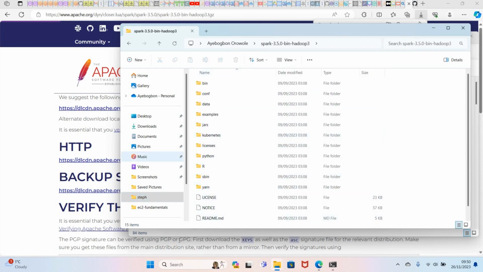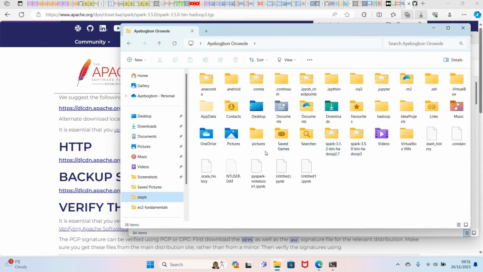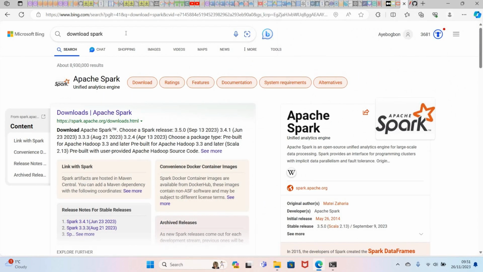Now if you open a new command prompt, CMD, and type spark-shell, okay, nothing is happening here. So the next step we need to do is add Hadoop. We need to download Hadoop. If you go to the browser and type download Hadoop,